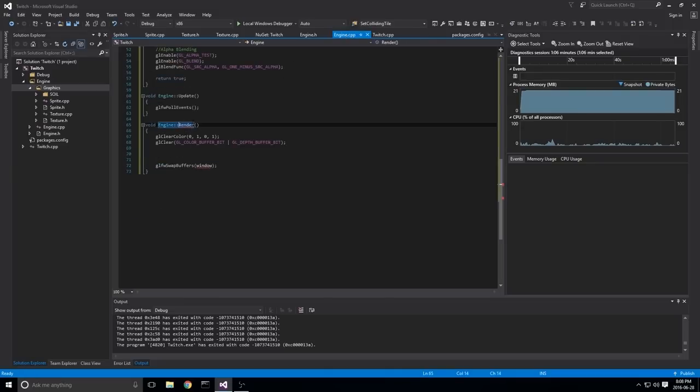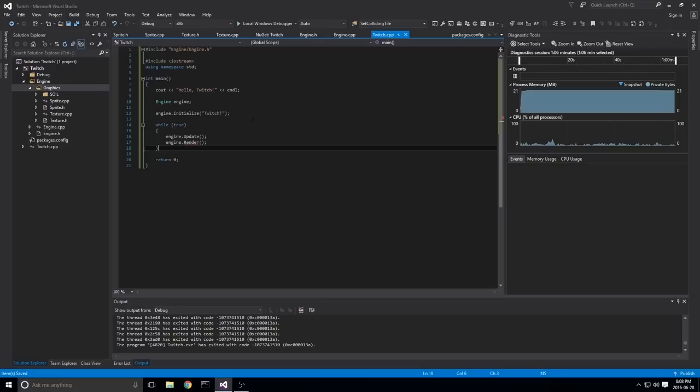So beginRender will just do the clearing, because the engine doesn't have anything to draw. It just needs to handle clearing and swapping the buffers for us. And then we'll go void engine endRender, and we'll swap the buffers when we call endRender. So now, instead of having render, we need to have beginRender and endRender.